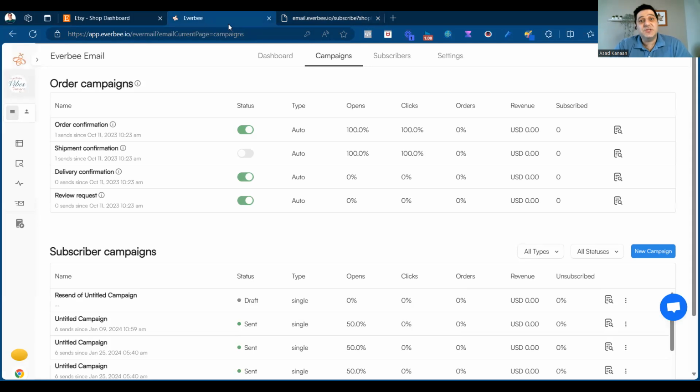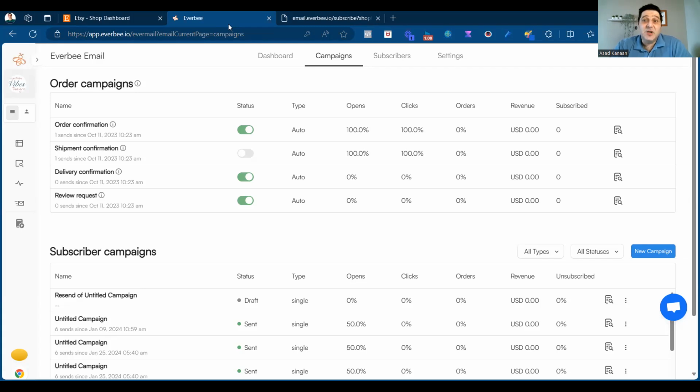This includes places such as the shop announcements, the order confirmation email that Etsy sends when someone makes a purchase, and of course the digital download page for Etsy to invite them to subscribe to